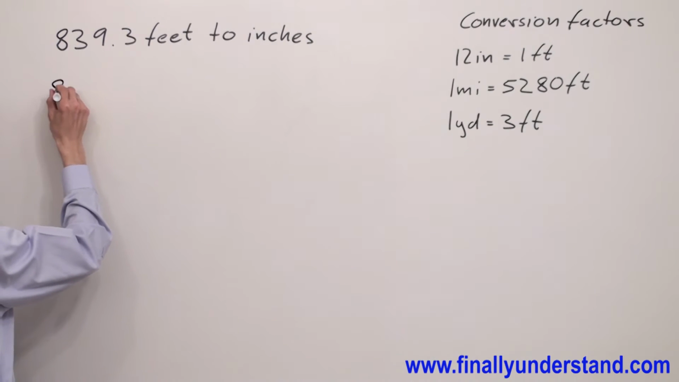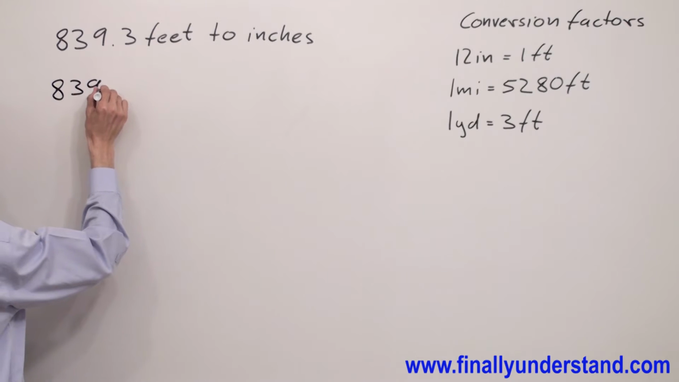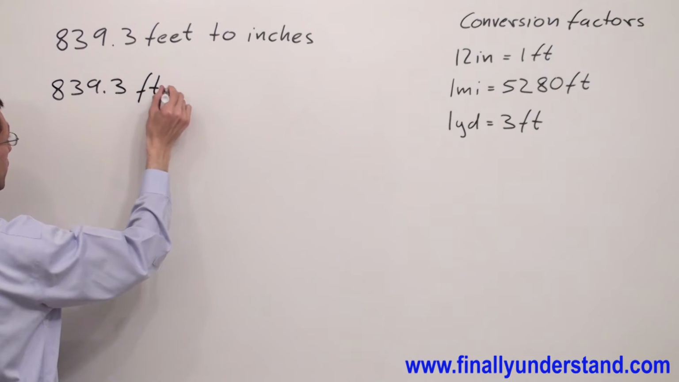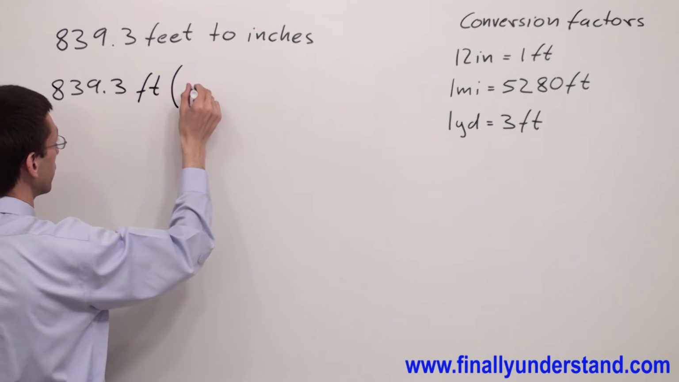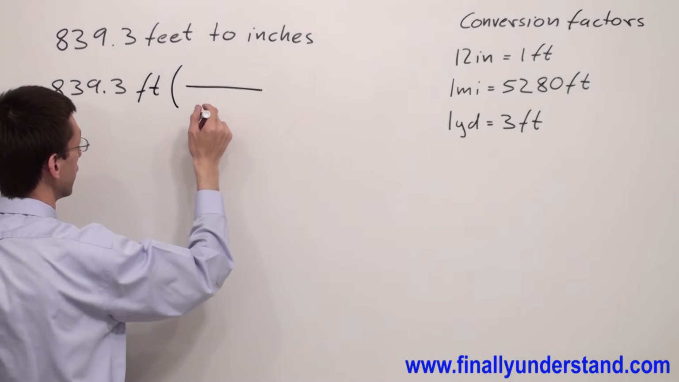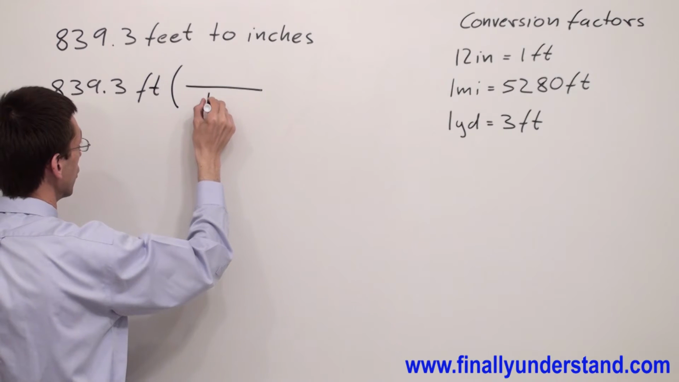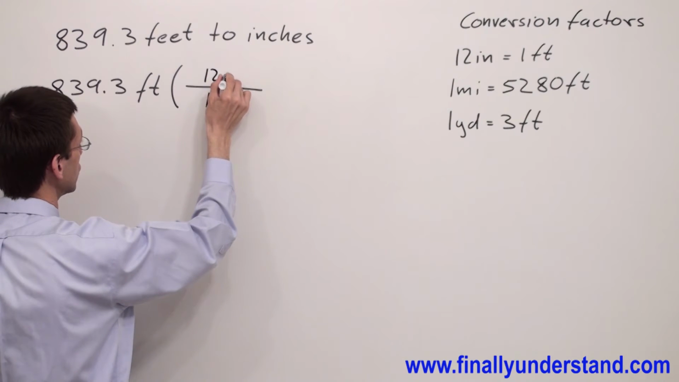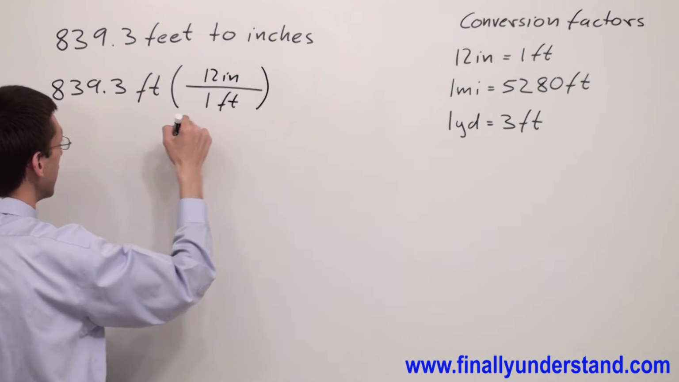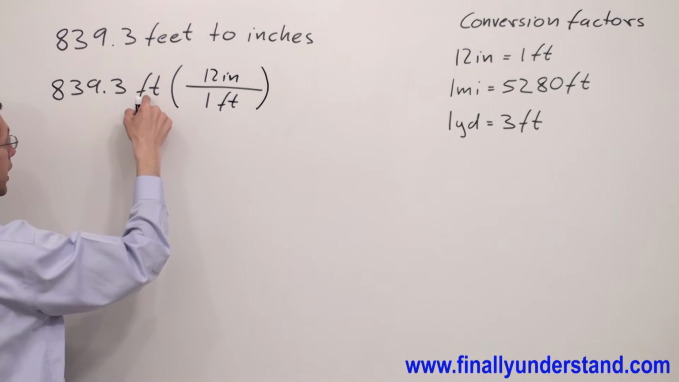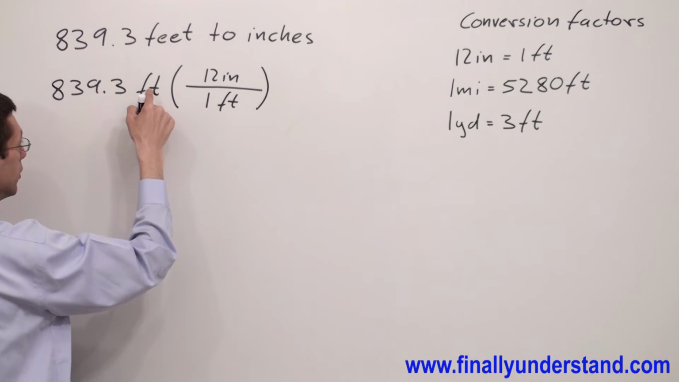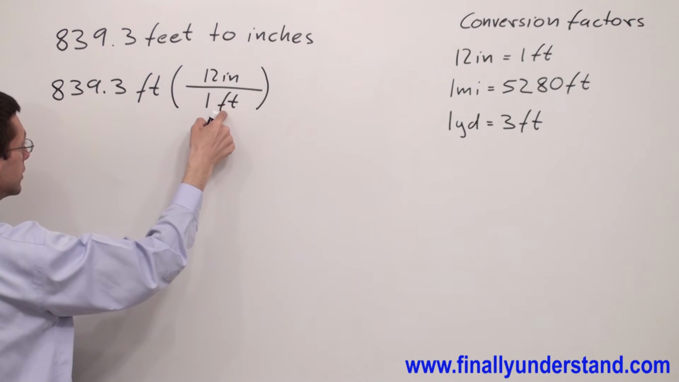I have 839.3 feet, and I have to multiply by the conversion factor, which is 1 foot, and I have 12 inches in the numerator. Why did I do it this way? Because I want to eliminate this foot, okay? And in order to eliminate this unit, I have to make sure that the same unit is going to be